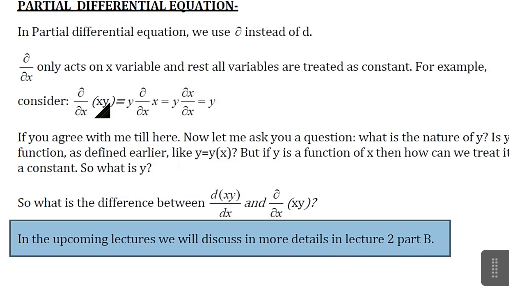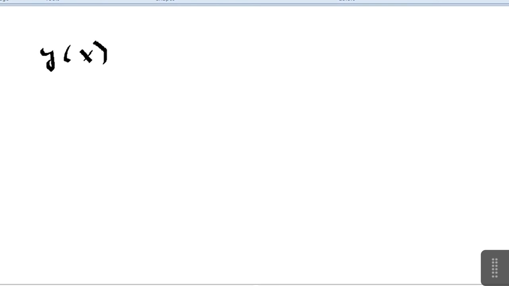Now you would ask me, what do you mean by independent variable? In what terms are they independent? Well, to understand this we have to go to functions. Let me give you a brief review about functions. So remember, we dealt with functions like y of x. So y is a function of x, and we wrote something in terms of x on the right hand side. And the graph of this type of function,